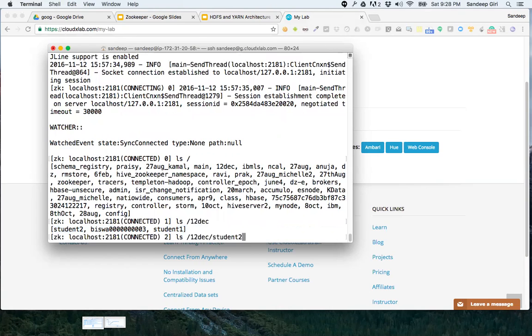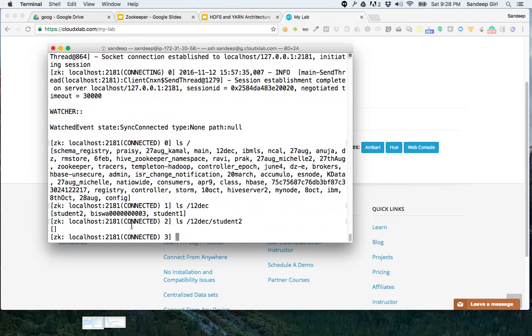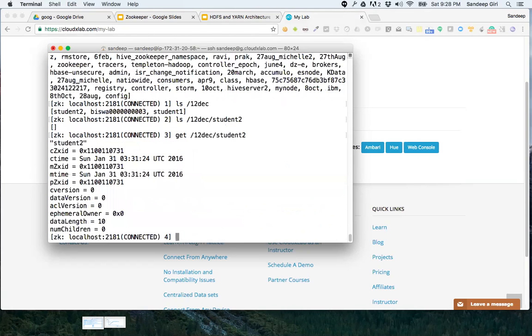And when I do this, there is nothing inside it. To get the data from any node, we can say get, and it'll give us all the details about the node. Do not panic right now because it's too much information.